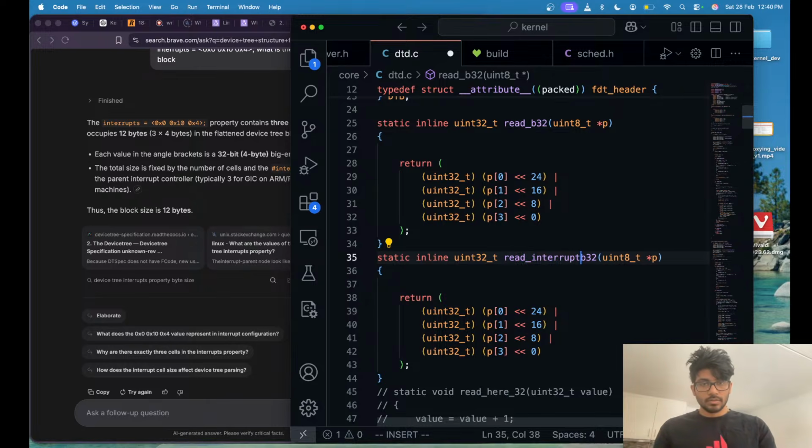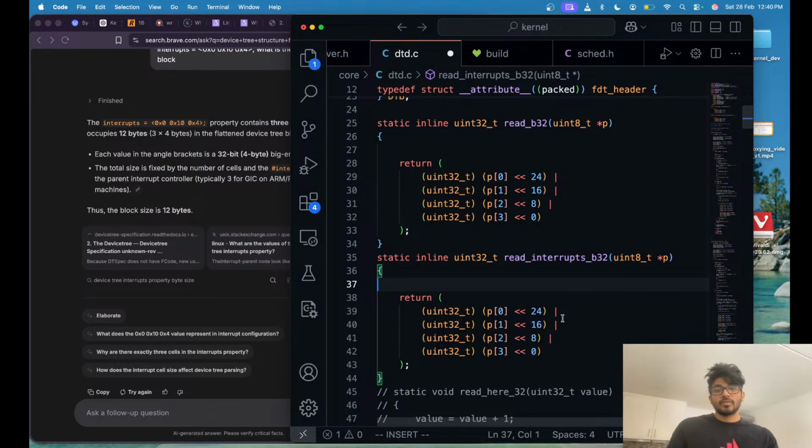Interrupt 32. So we push the 24th bit to 0. No, we push the 0th bit to